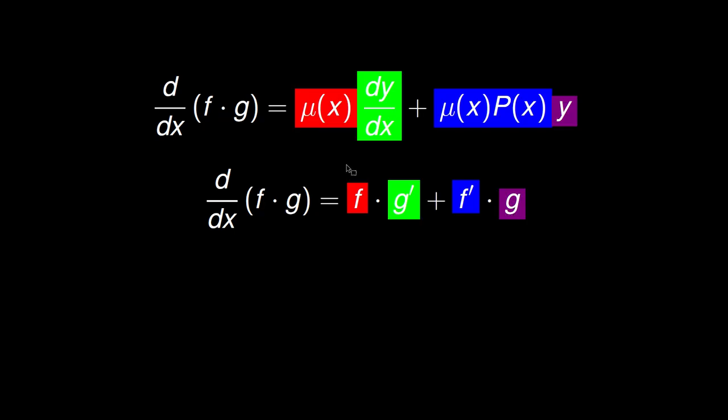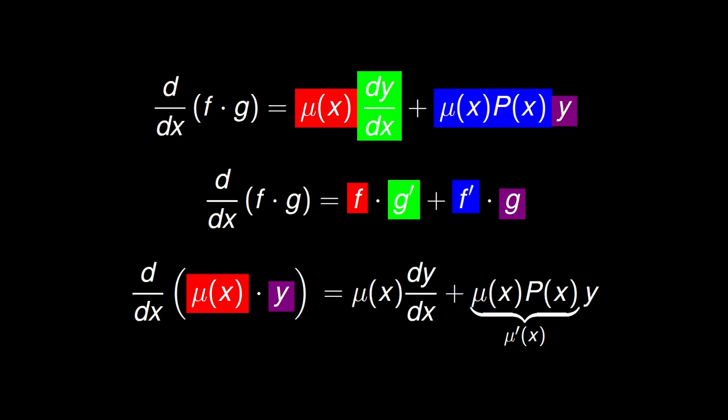And therefore, that requires f to be the mu of x function. And then this part in blue, which is mu of x times p of x, that has to be f prime. This is the only way that you can match up each of these functions, f times g, with this expression here on the right-hand side. Which means that if f is equal to mu and g is equal to y, then the derivative of those two,